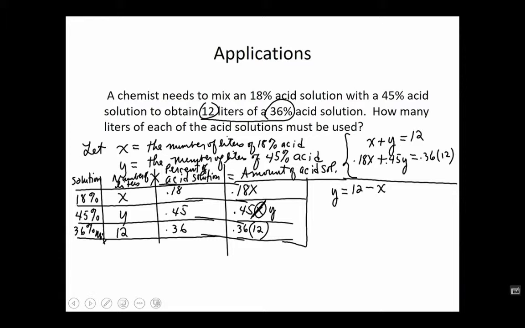All right, so we go now to the second equation in the system, 0.18x plus 0.45 times y, but we're going to replace or substitute 12 minus x for y. So we get 0.45 times 12 minus x is equal to 0.36 times 12. All right, to solve this equation, you need your calculator if you like. All right, so what are we going to get here? We get,